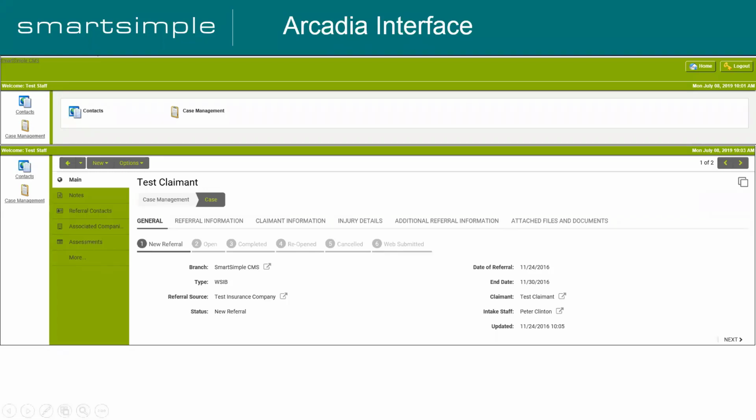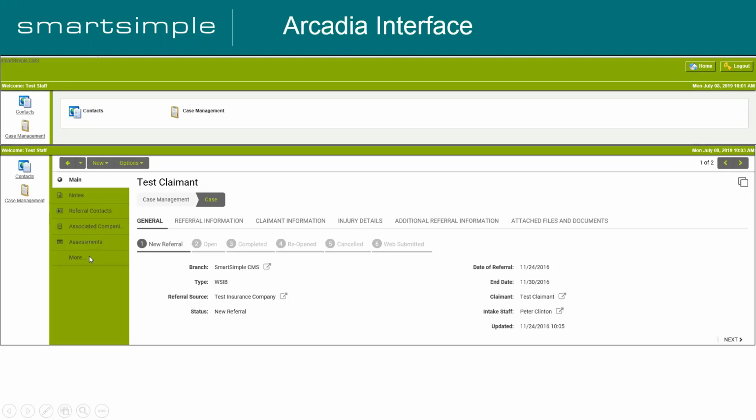The only difference now will be that when you're in Arcadia and you click on case management, the second image that you see opens up the case. When you open up the case, that case will now have a different view, and that is the Arcadia view, where there are no scroll bars, no top to bottom scrolling. All those tabs have been brought to the left side as left tabs: Notes, your referral contacts, the company section, all your assessments.